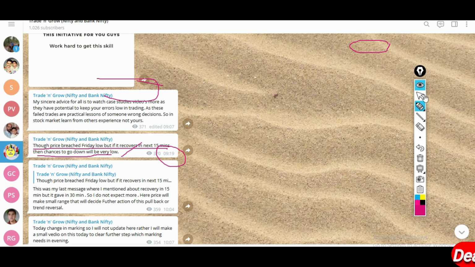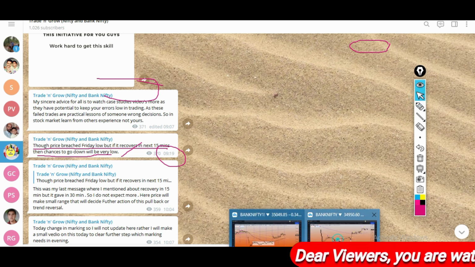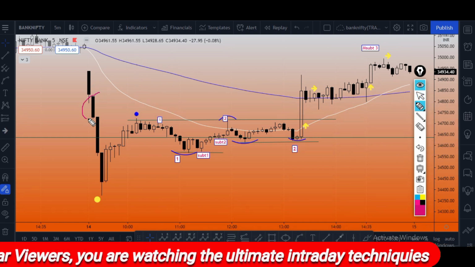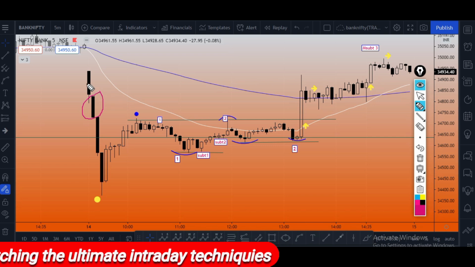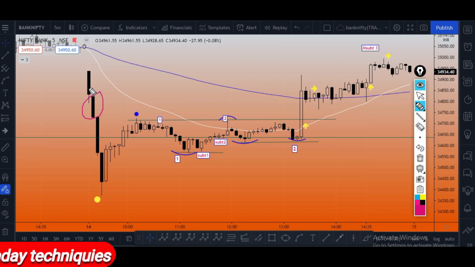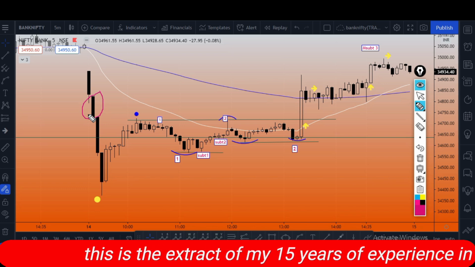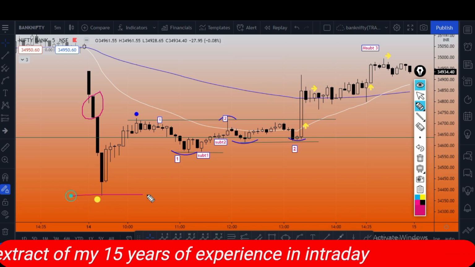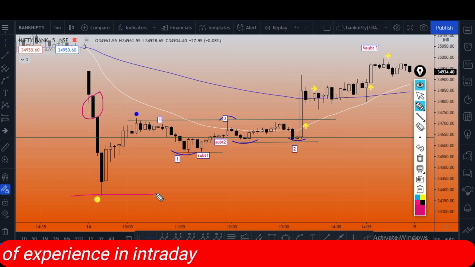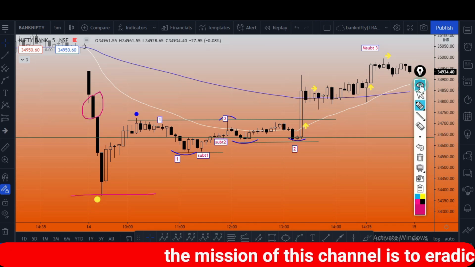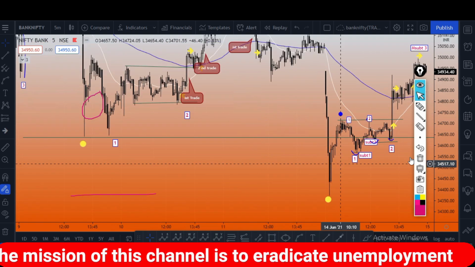I show you on the chart also. See, this is your chart at 9:19. It means this is the candle at 9:19. I gave you that since the price opened gap down, if it breaches the Friday low and comes back in the 15 minutes, then this will be your last point of today's trading towards the downside. I gave you the same information at 9:19, and I show you the Friday low also.